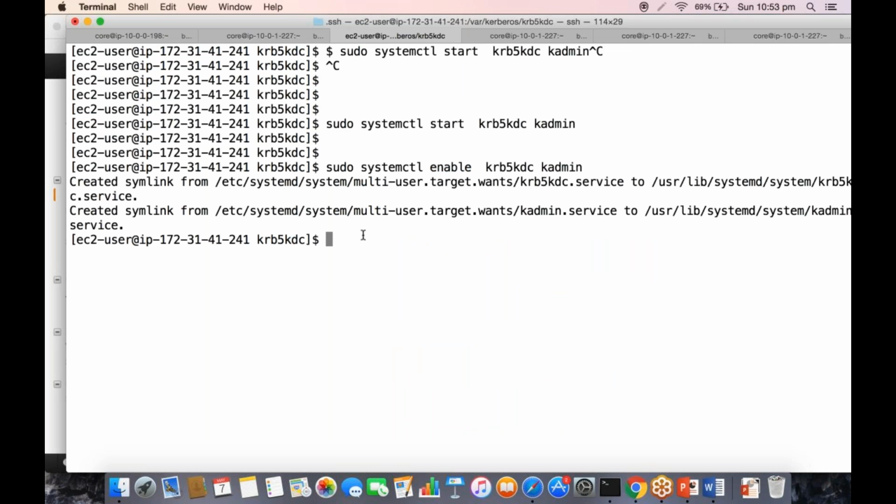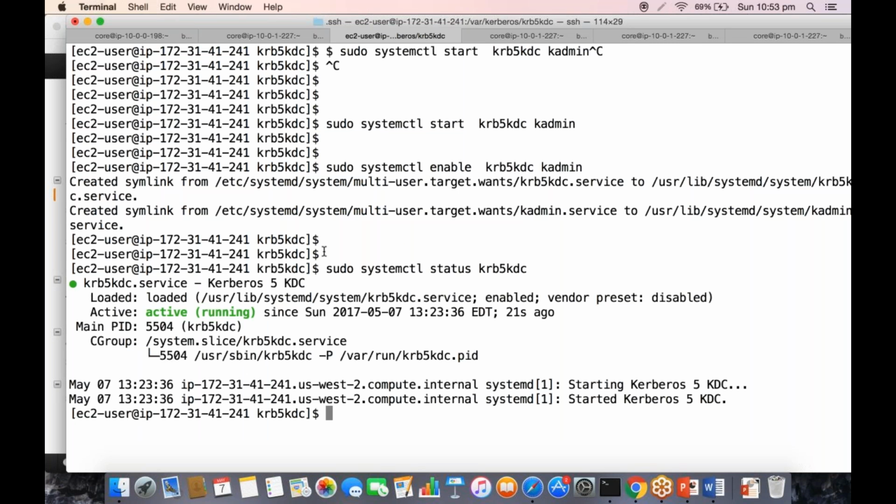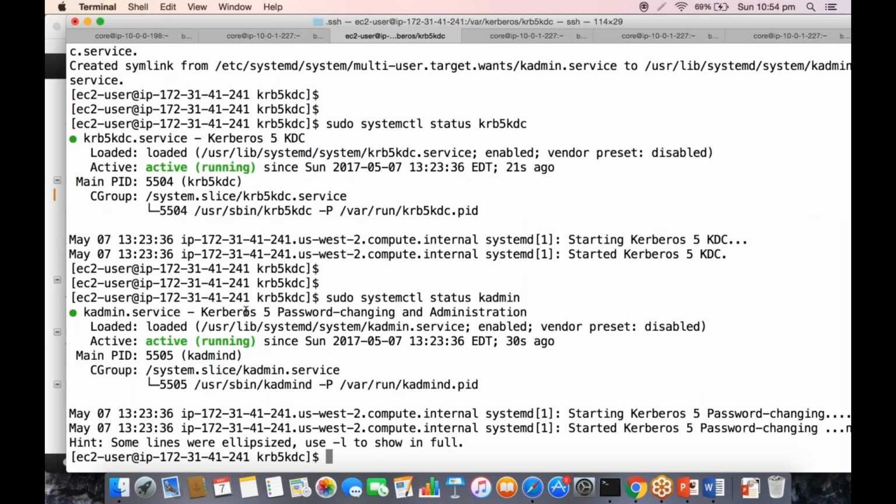And let's also check the status of KRB5 KDC. It's active and running. Also, let's check the status of our KAdmin, and it's also active and running.